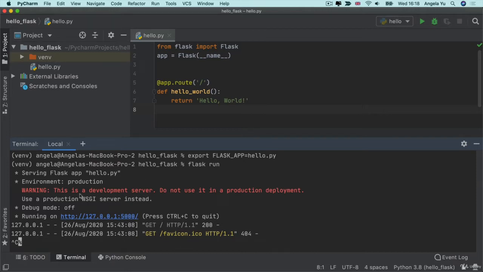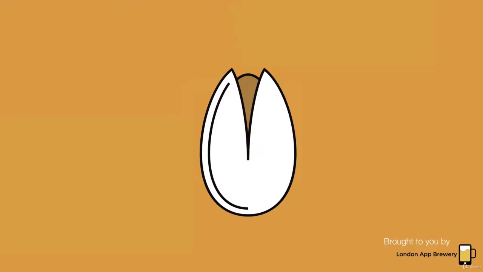The command line is also known as the shell. So what exactly is a shell? If you think about your operating system as a pistachio nut, then the kernel, so the actual pistachio, the thing that you're going to eat,